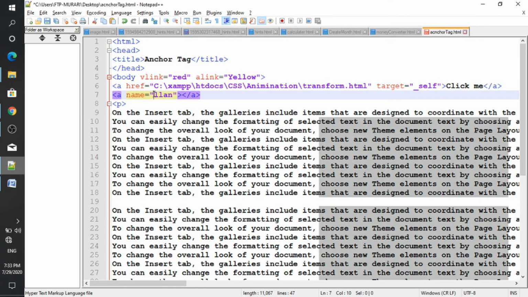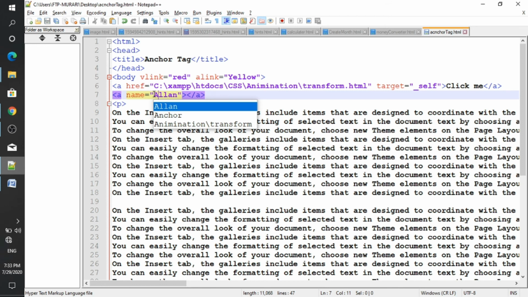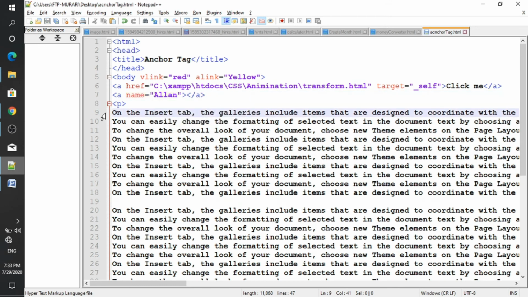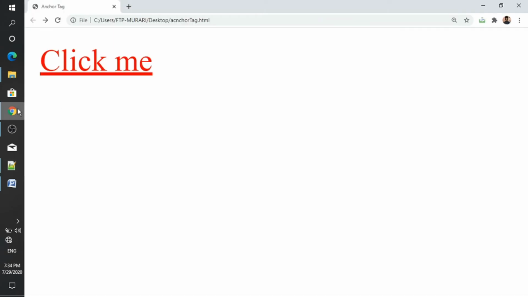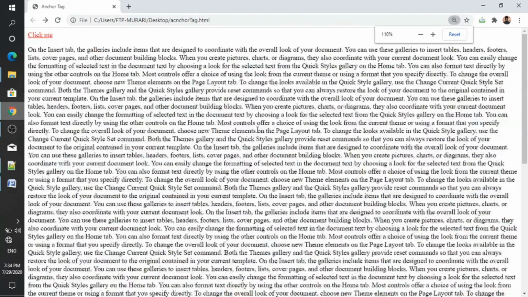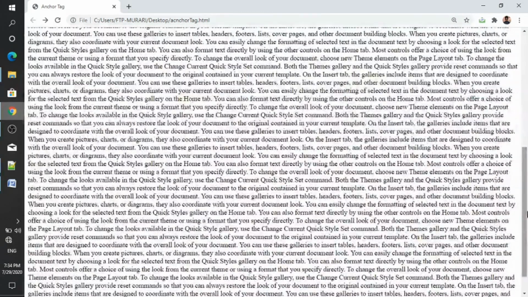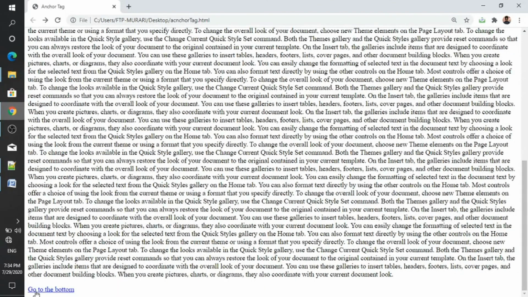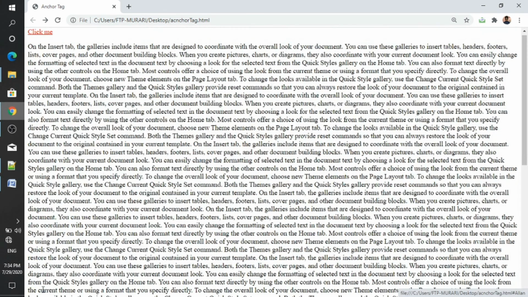Control S to save. Go to Google Chrome and refresh the page. Wow, there is some content. If I click this link here, go to the bottom.